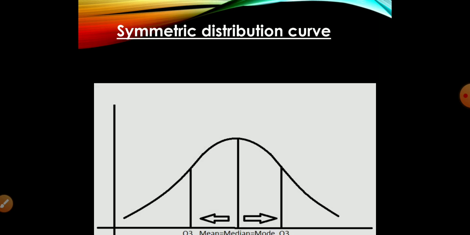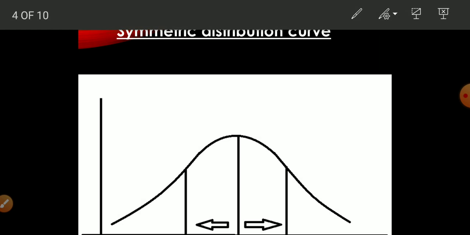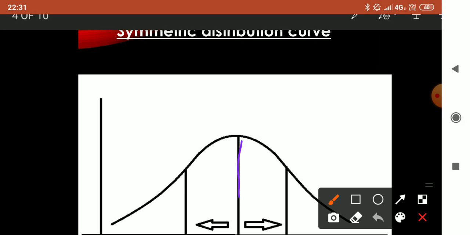Now we will see what the symmetric distribution curve looks like. You will get the idea of what I have explained in a theoretical way. You can see it in the graphical presentation. Here mean, median, mode are all at the middle line. You can see the middle line. This is the middle line, which is mean, median or mode. And the observations, you can see the observations